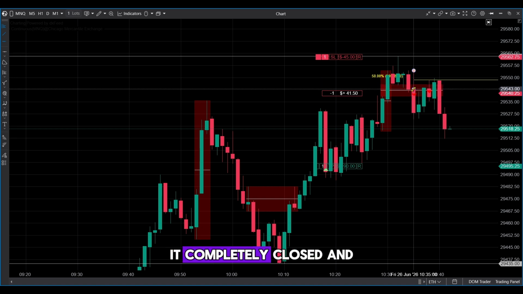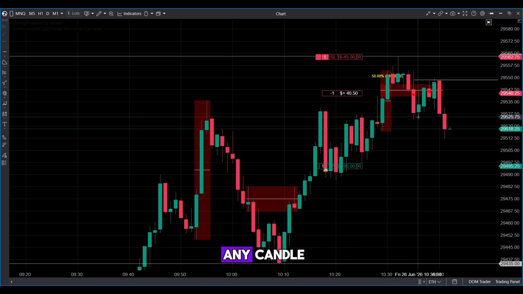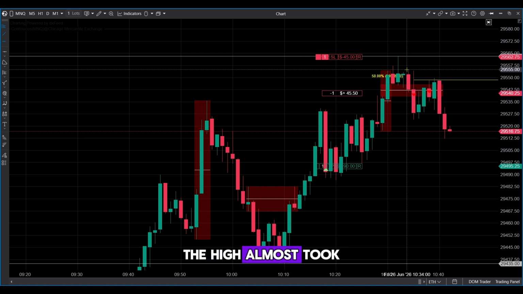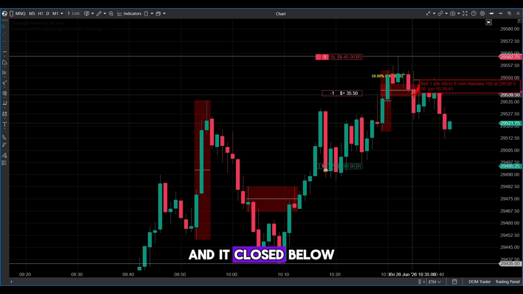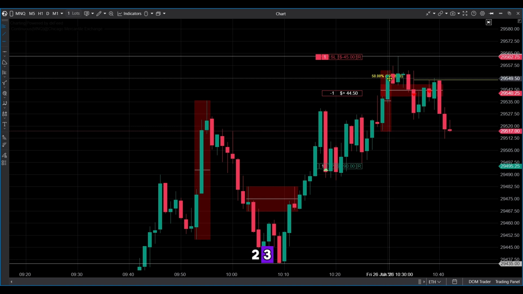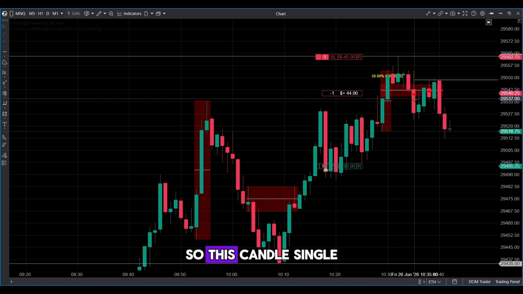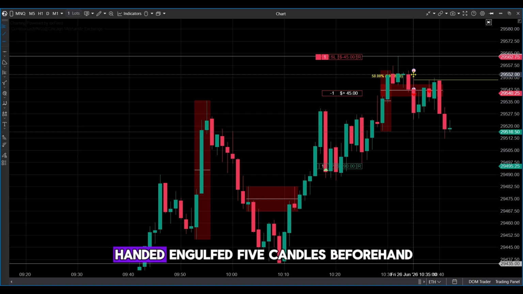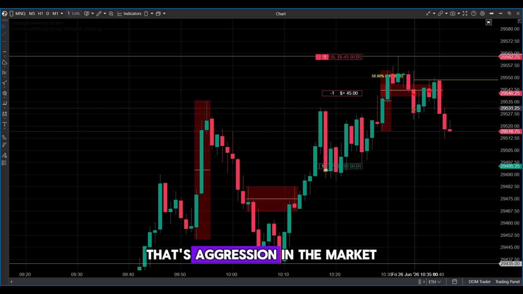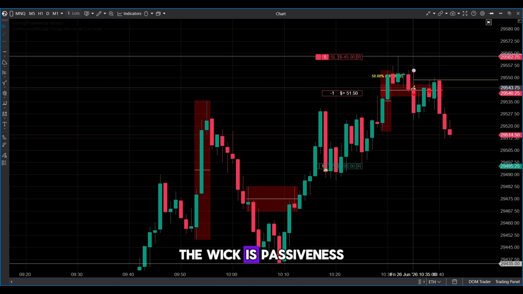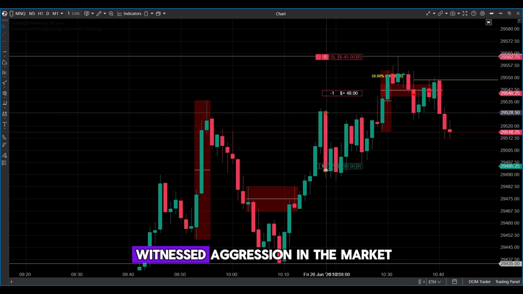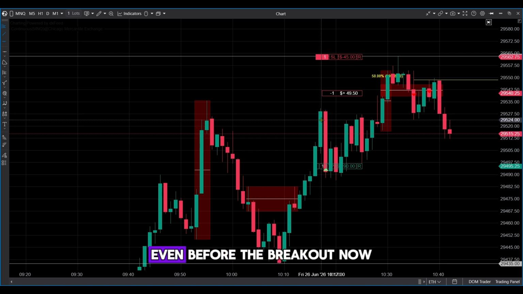On this candle, it completely closed, and this is not just any candle, it is an outside candle. The high almost took the high of the previous one, and it closed below the previous candles. 1, 2, 3, 4, 5. So this candle single-handedly engulfed 5 candles beforehand. That's aggression in the market. The wick is passiveness. We have another wick, passiveness, and we have witnessed aggression in the market even before the